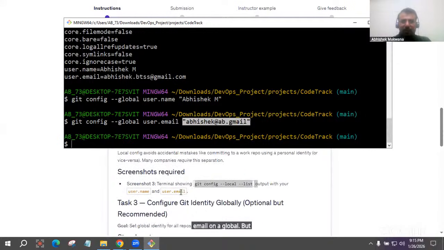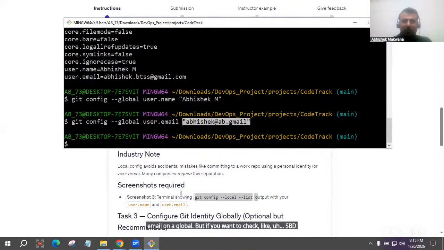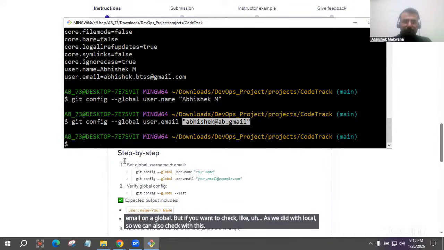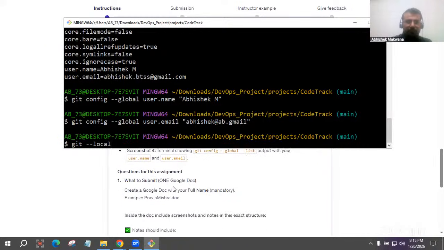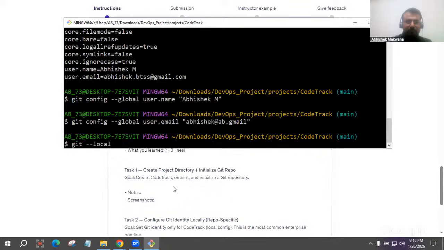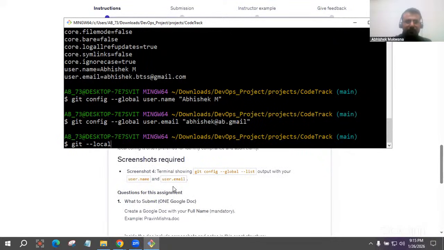But we want to check, as we did with local, so we can also check with this. git config --global